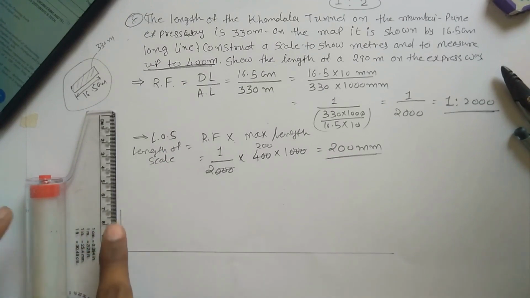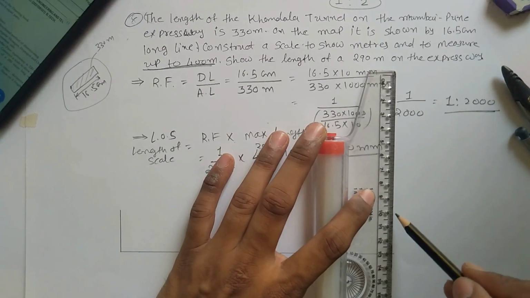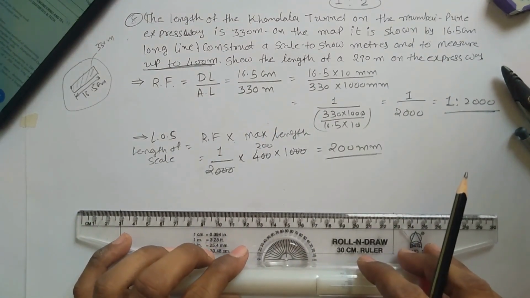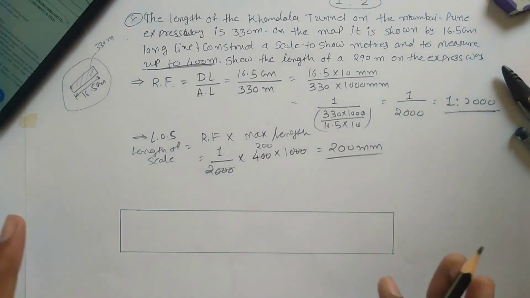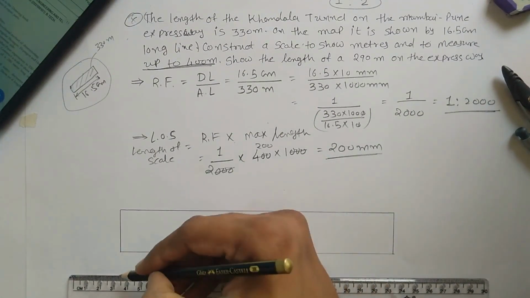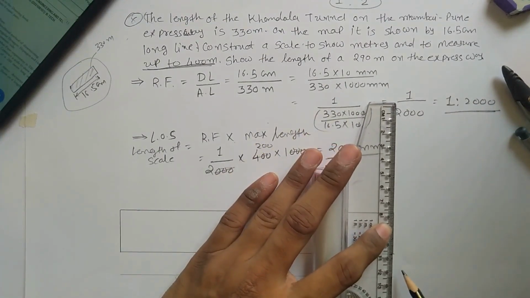I have chosen a 3 centimeter line. For better visualization, you have to construct a rectangle with the 3 centimeter line and complete the rectangle. This looks like a scale, a plastic scale which you use in school life. In this case we have chosen some data of RF as well as LOS. So you have to mention that data in this direction like this. You have to extend these lines